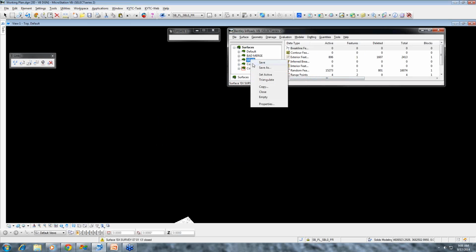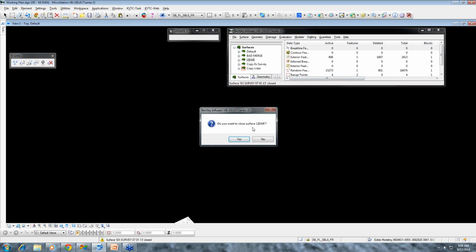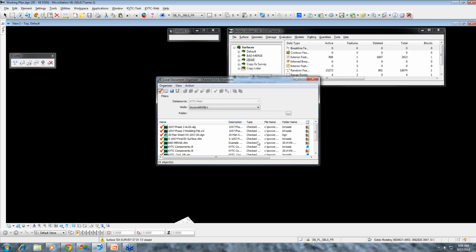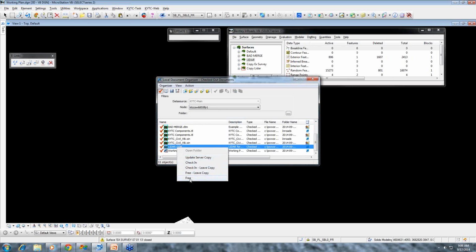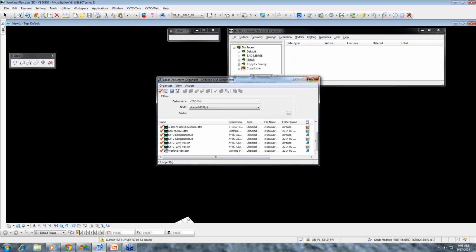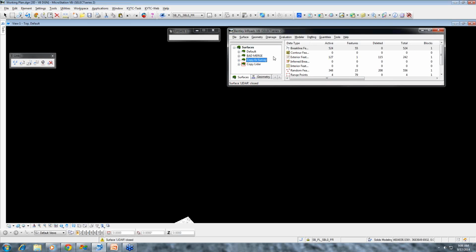Close again. I'm going to do the same thing with the LiDAR. Close. Yes, I want to close it. And my LiDAR free. And there we go. Close it again. What we want to do next now is we actually want to take a look at our